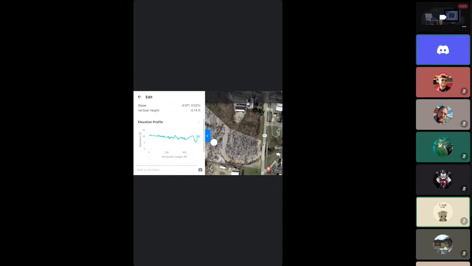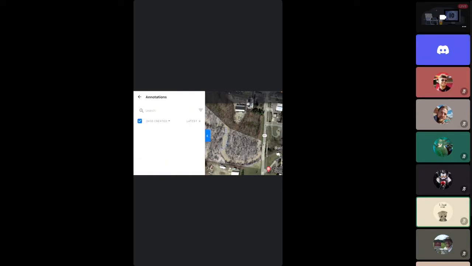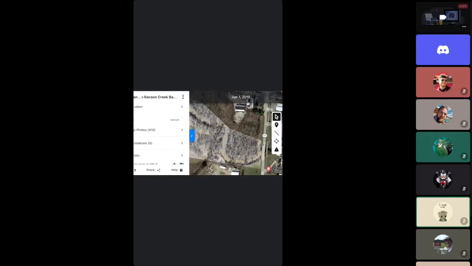It cuts a section through it too, though this one's kind of messy. Anyway, basic measurements like distance, area, volume. Volume's cool. We use that in the construction industry quite a bit to get material in and out of there and figure out how many trucks they need to bring in to move that stuff. Let's get rid of that. So anyway,